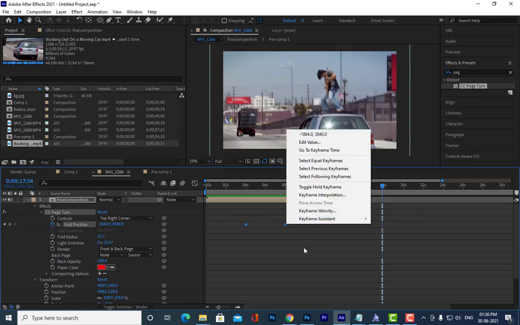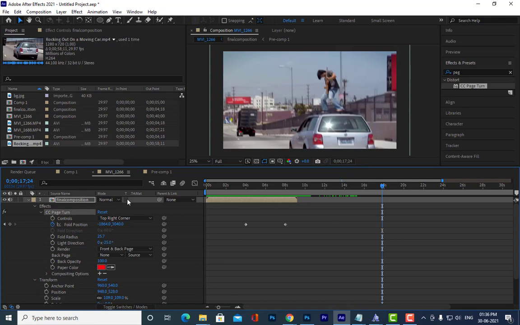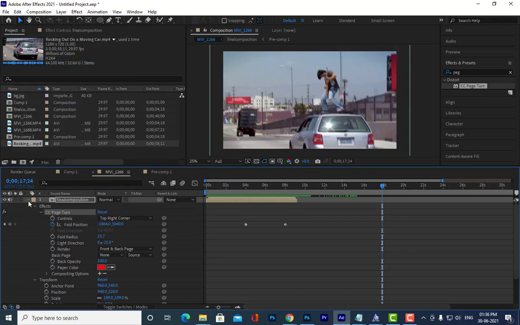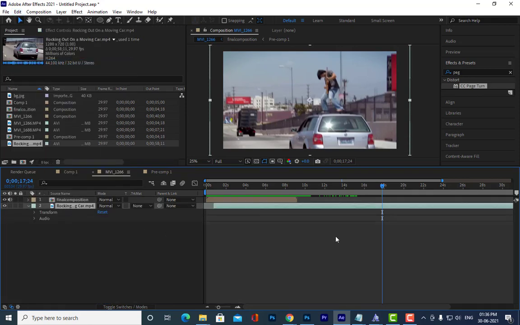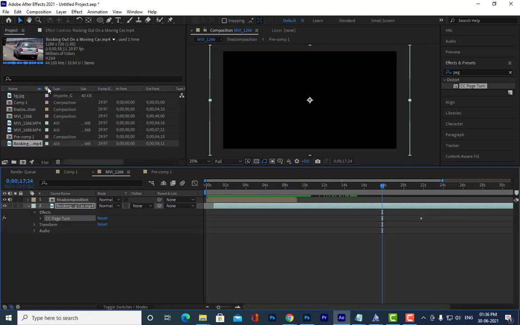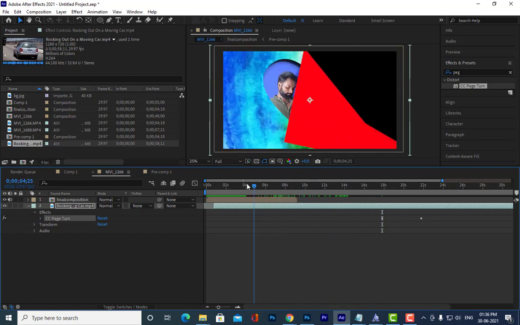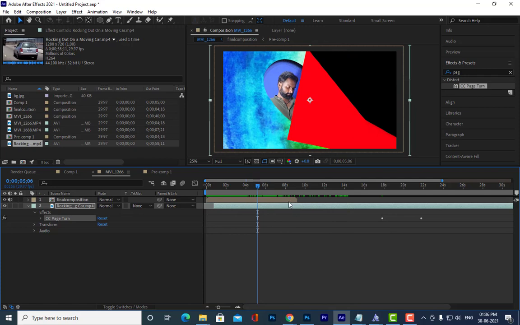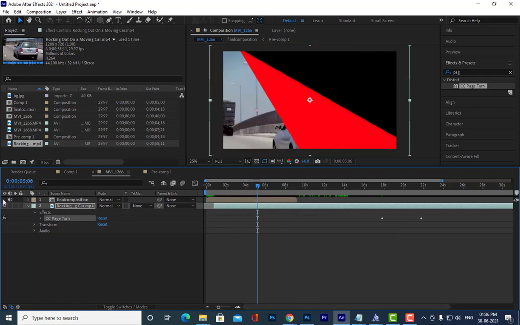So we have actually animated only one option. So we can say copy with property links, and we will paste. So let us hide this and check.